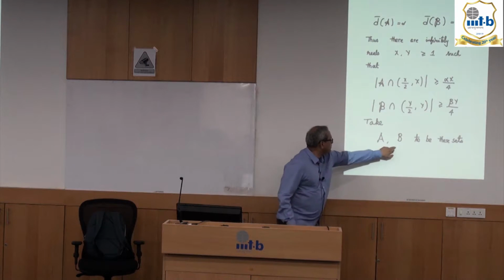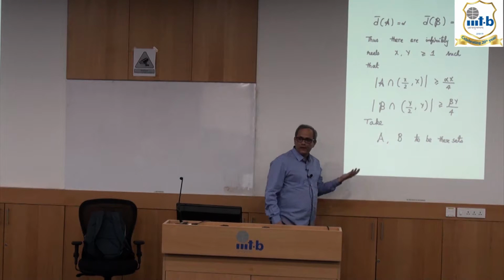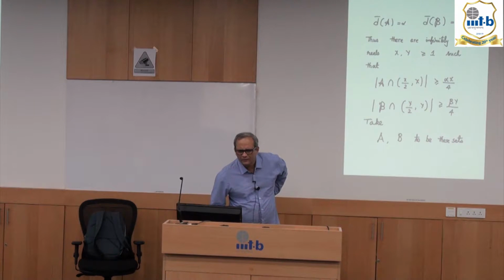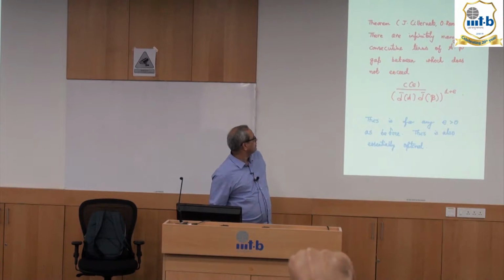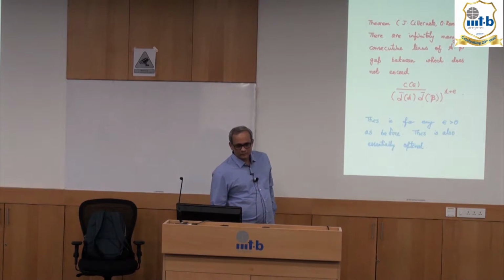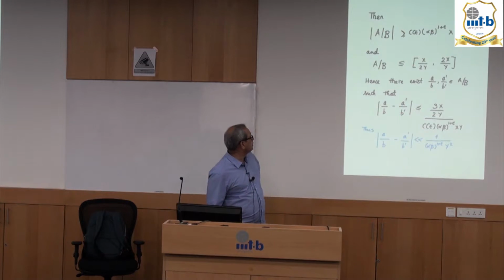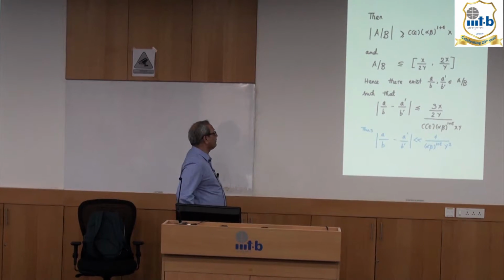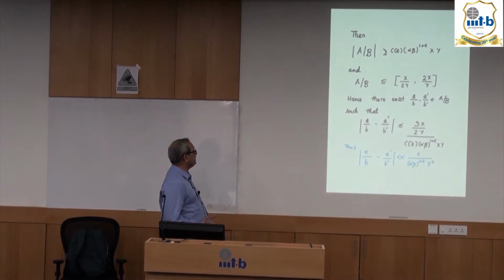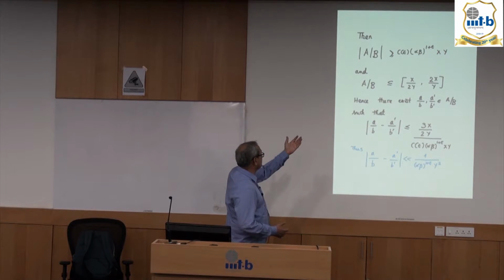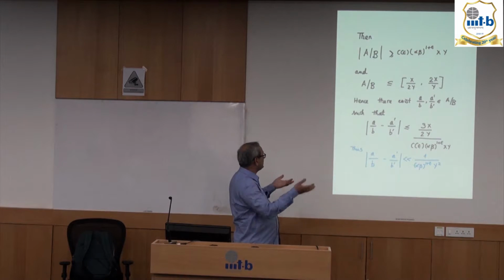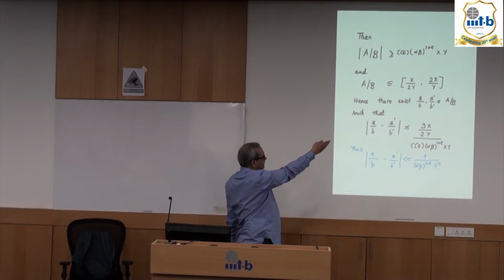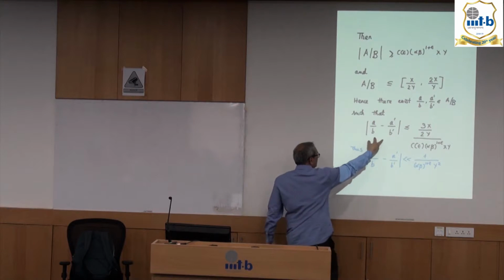You take A and B to be these two finite sets and now apply the theorem on ratios. You apply the theorem and you see that the number of ratios is alpha beta to the 1 plus epsilon xy. The ratio set, because A and B are subsets of certain intervals, sits in this interval. So if there are this many ratios in an interval of that length, that means there are at least two ratios which are this much distance apart,